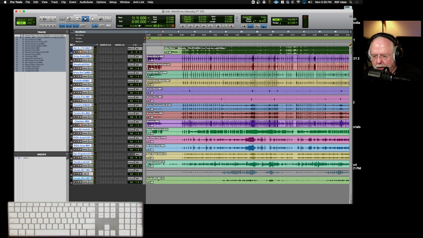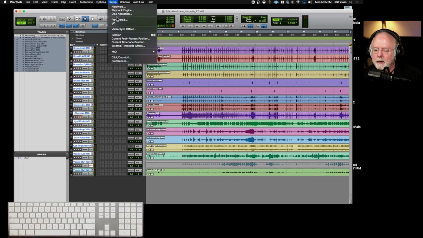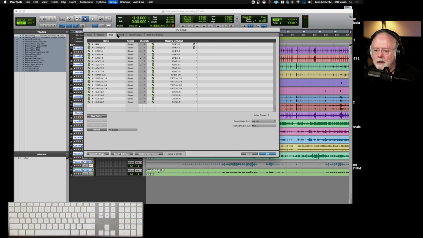So the first step, obviously, is just to import the audio, which I've gone ahead and done for you guys. And then the next step is going to be to check your I/O preferences and set them properly. So let's go in and check our I/O as I've shown you how to do in the past. I/O, here's my bus, and I'm going to select